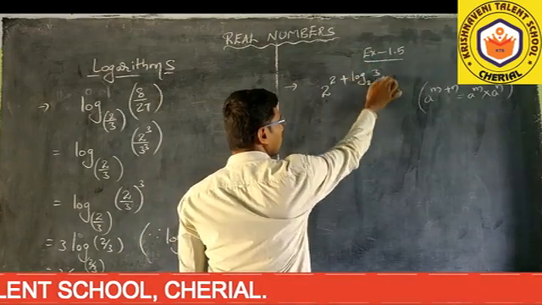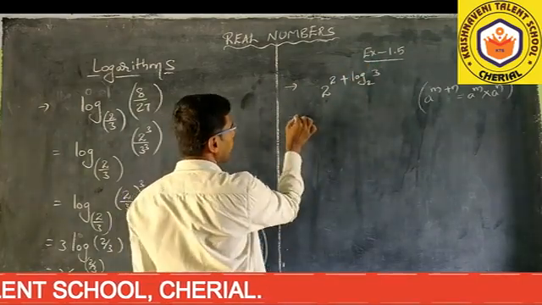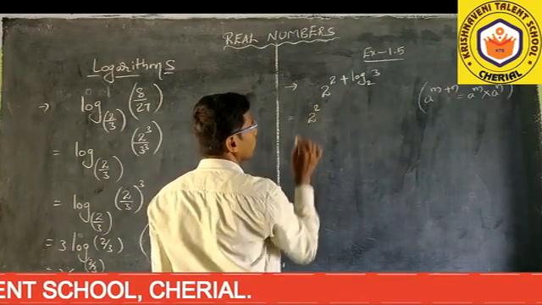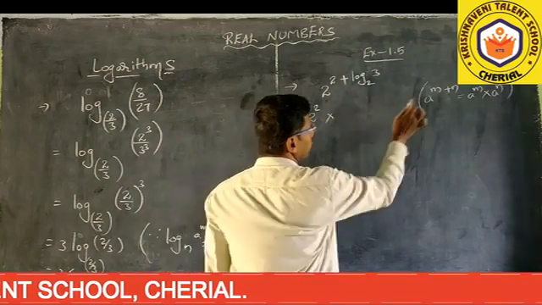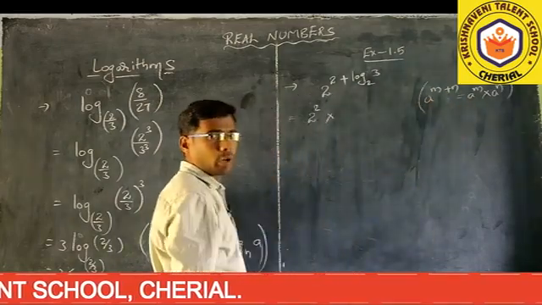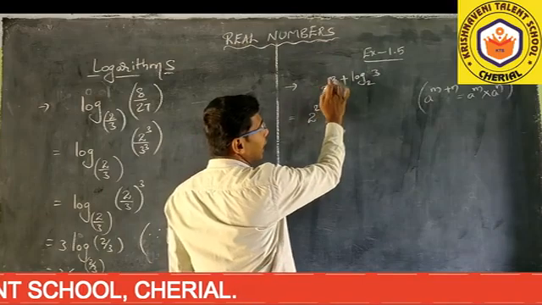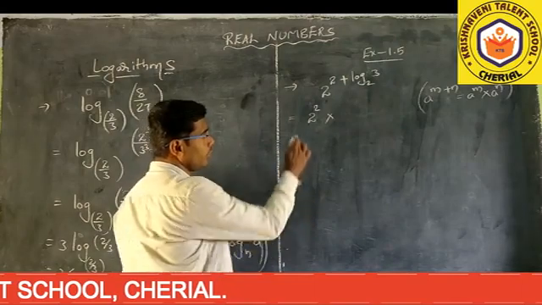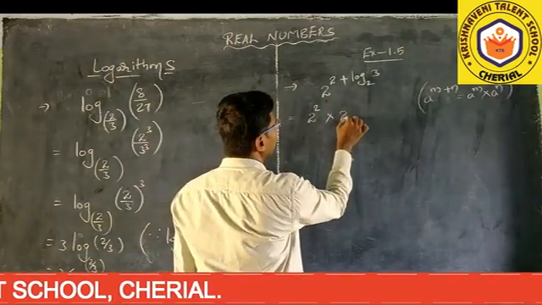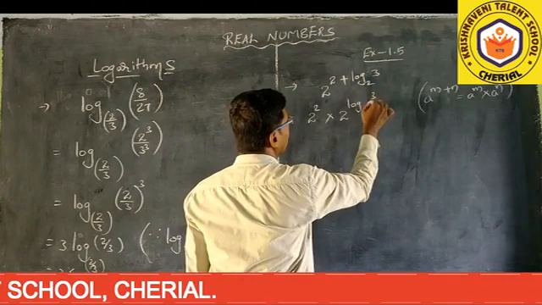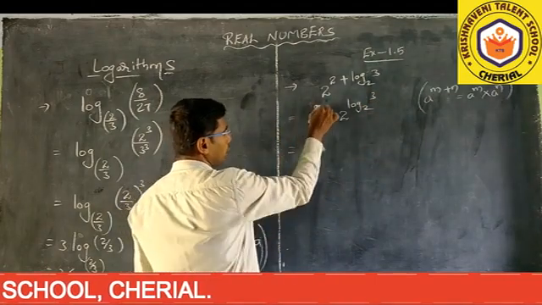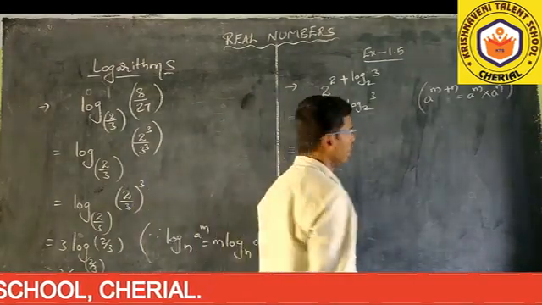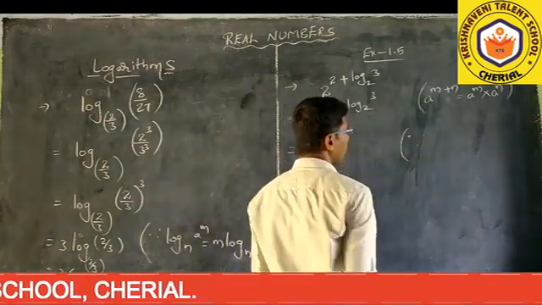So by using that, here the base is a, and the power is m plus n. Here n means this total value. So by using that law, 2 to the power of 2 into a to the power of n. Here the base is a, m is 2 and n is log 3 to the base 2. A to the power of m into a to the power of log 3 to the base 2. Now already you know 2 square is 4, into, here you will get one special law, that you have to remember.